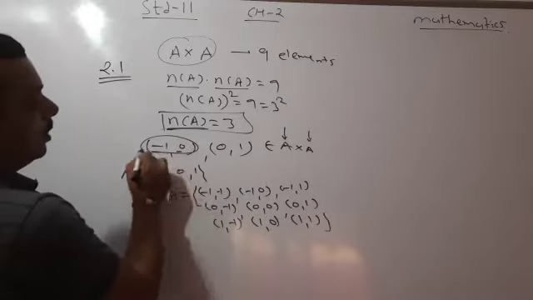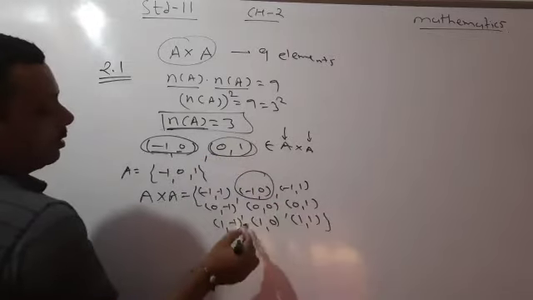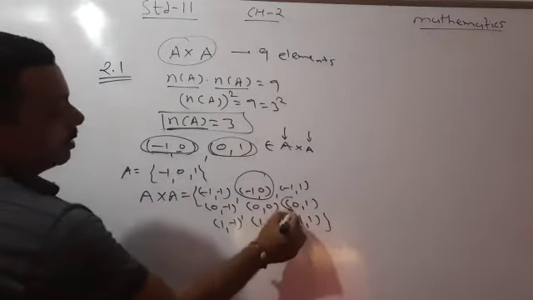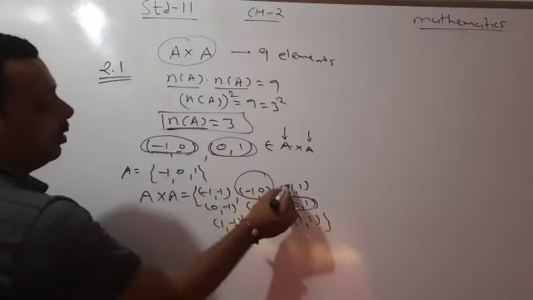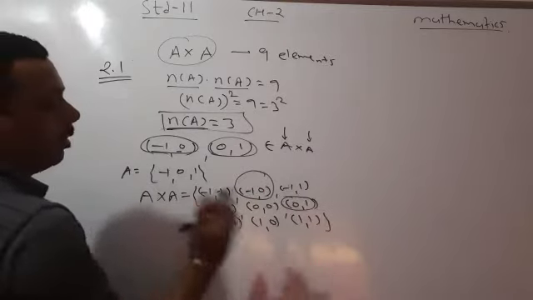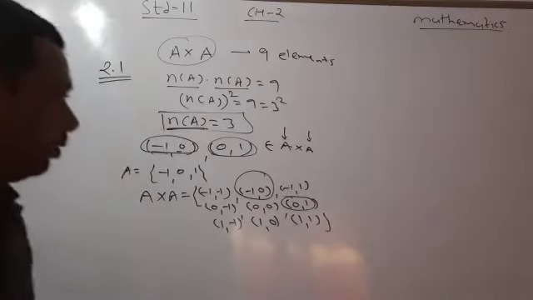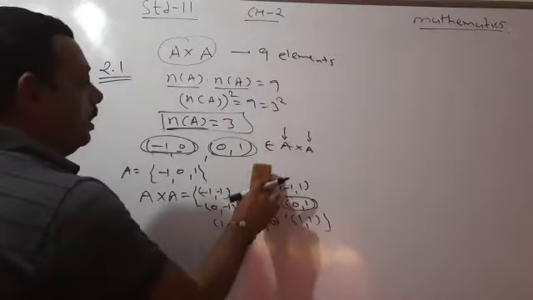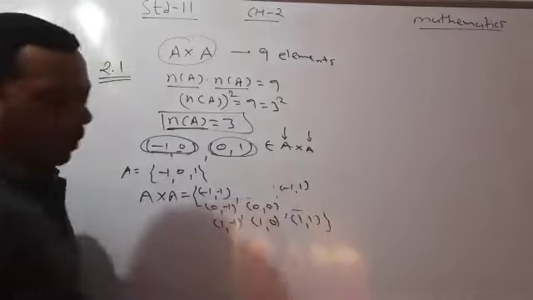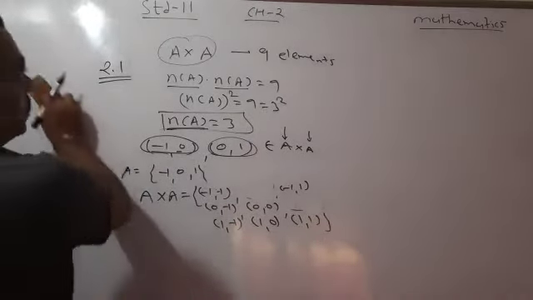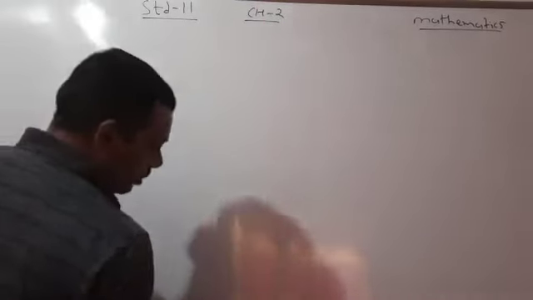Now the question is to write only the remaining entries. Already (-1, 0) means this and (0, 1) means this. Two entries are given, so in the required answer we have to write 1, 2, 3, 4, 5, 6 and 7. Only 7 entries we have to write. For convenience, I wrote all 9 entries, but if you want to write the required answer, meaning the remaining entries, then eliminate these 2 entries which are given. So these 7 entries are our required answer. Clear? Okay.